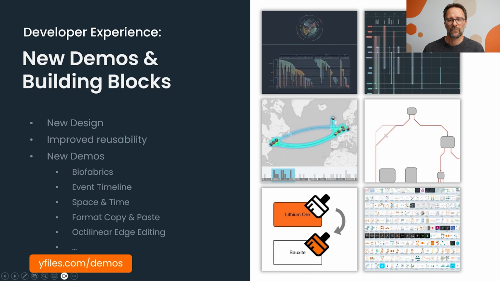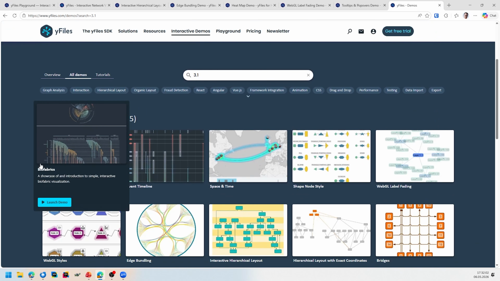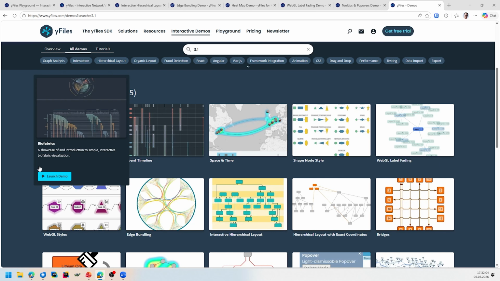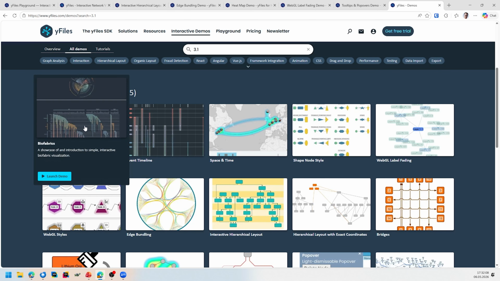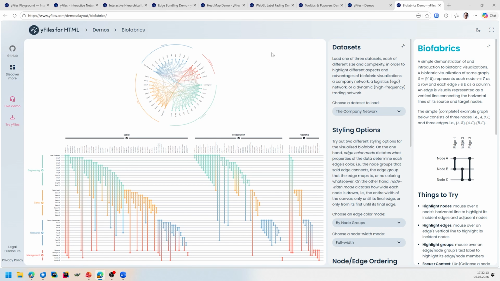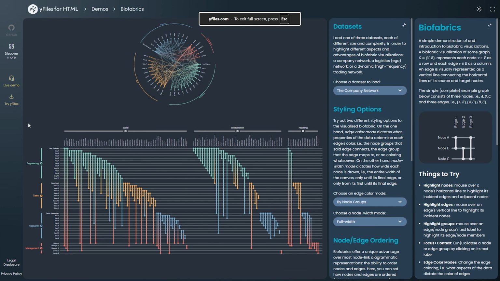But we also have some really cool features packed into some demos that I would like to briefly show you that you might want to consider adding to your applications. So these are the new demos for the 3.1 release, and the first demo that I would like to show you is BioFabrics. It renders graphs in a way that might seem new to you or maybe even unintuitive,